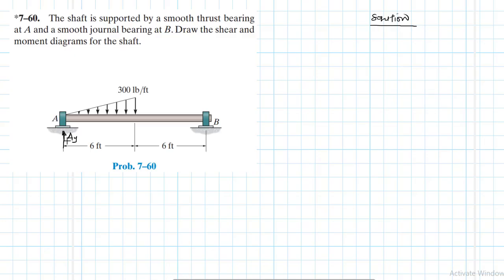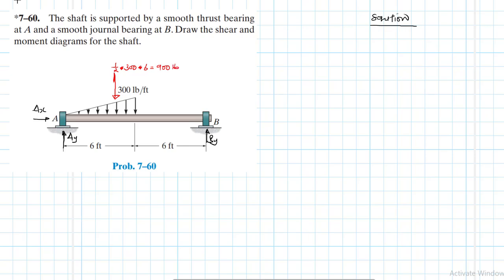We have AY there, we have AX there, and then we're going to have a BY there. And then we'll have an equivalent force. This is a triangular distributed force, and this one is going to be equal to half times the height. Maximum height here is 300 times the base, which is 6 feet. Therefore, this is going to be equal to half by 6 is 3 by 300. This is 900